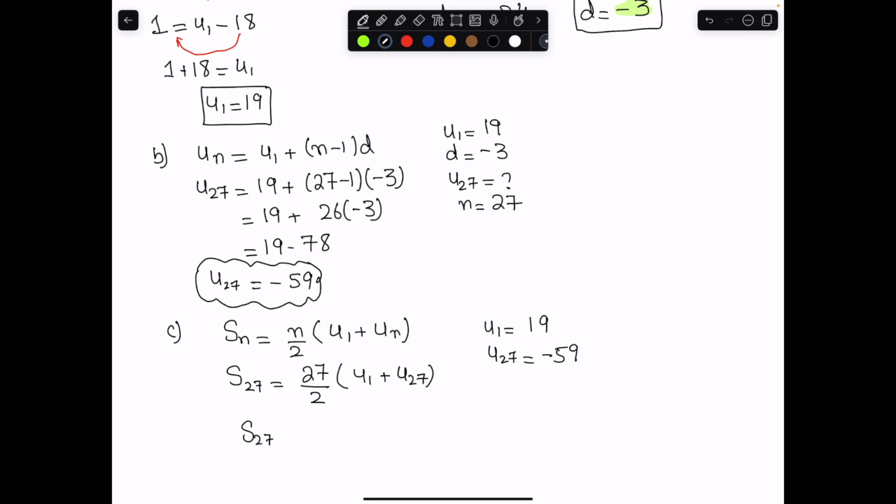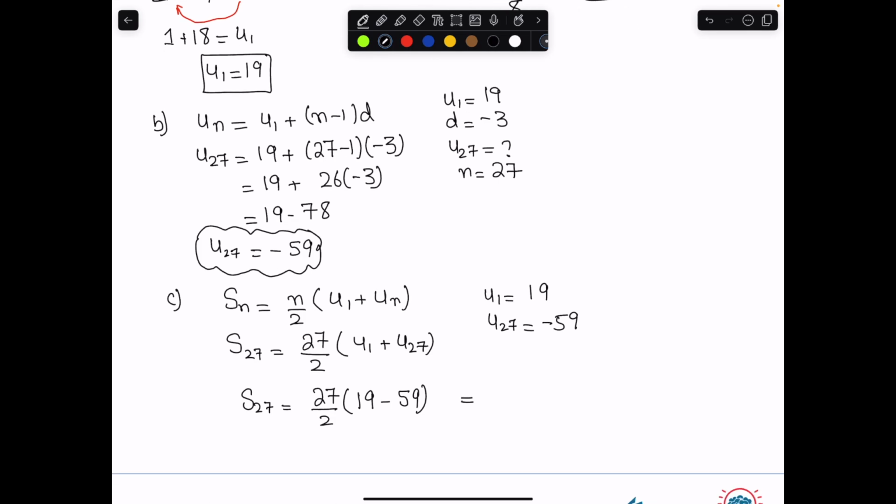So S of 27 is basically 27 over 2, u1 is 19, minus 59. The plus minus becomes that. So just putting everything in the calculator, 19 minus 59, multiply by 27, divide by 2, you get negative 540. So your S of 27 is basically negative 540, which means the sum of the first 27 terms is